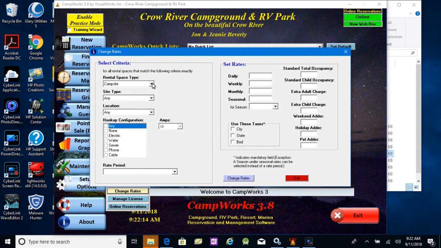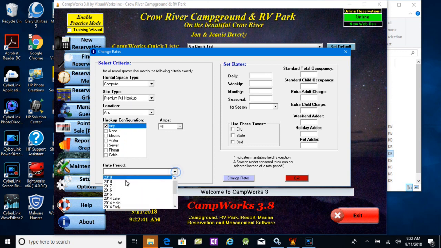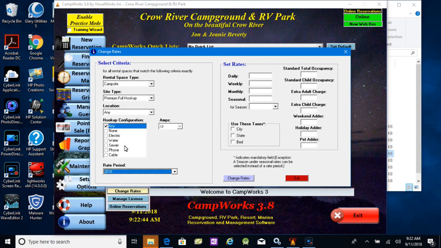So in changing rates, the main rental space type is a campsite. The site type, here's an example where, let's say I want to change all of the premium full hookups. You can narrow it down by location if you want, but to just change premium full hookup and then a certain location, or you can leave it at any. Same thing with hookups, you can set to any. And if I were to then select 2018 for my rate period, my rate time frame, any hookups, any location, the site type being premium full hookup, and amps being all,